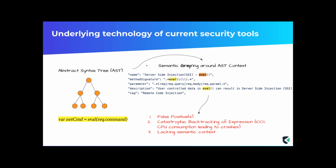So although the security tool might cry out loud saying this is a vulnerability, it might not necessarily be one, right? Because it's not controlled. The other is an issue called catastrophic backtracking of regular expressions. It's something that we call regular expression DDoS. When you heavily depend on regular expressions, the issue is that at some point when the evaluation engine runs, if the expression is not well formed,